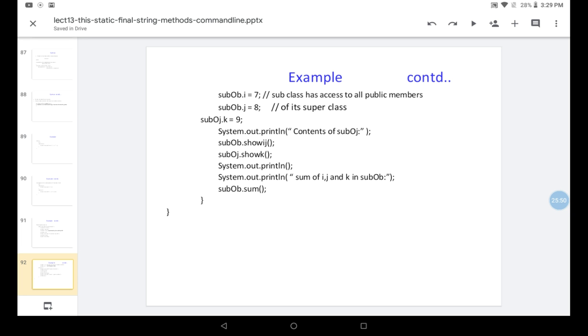See here, we are calling the showij method again. The showij method is derived from class A. So what will it print? The i value and j value. Then subOb.showk: what will it print? The k value, 9. So showij means i is equal to 7, j is equal to 8. showk means k is equal to 9. The sum of i, j and k in the sub object is subOb.sum. That means it prints 7 plus 8 plus 9.